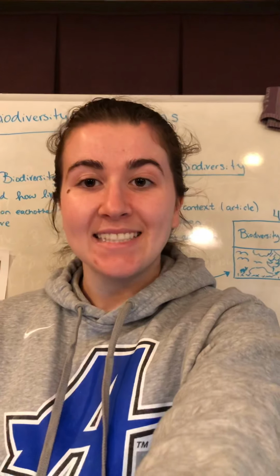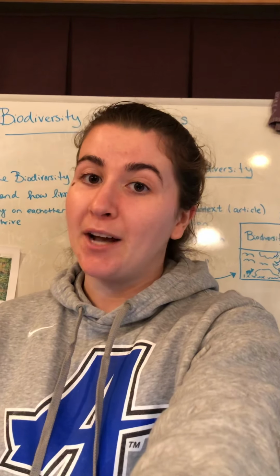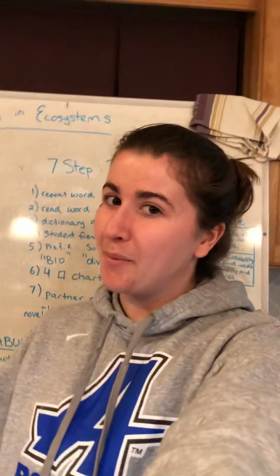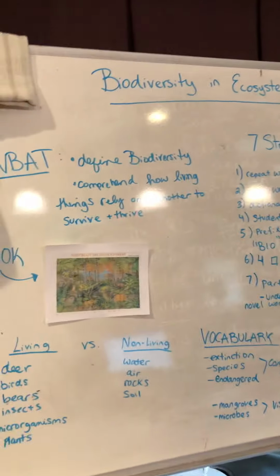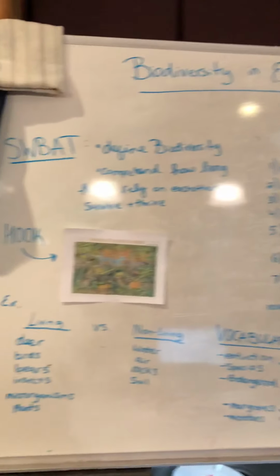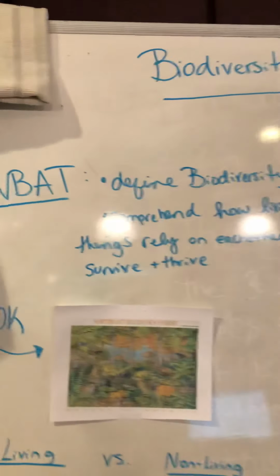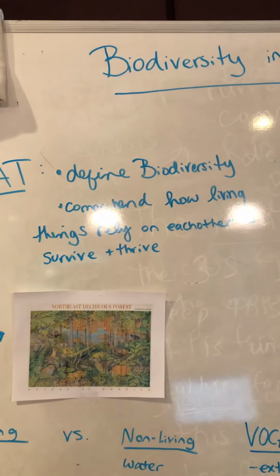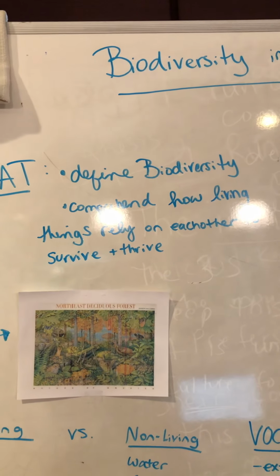Hello everyone, in this lesson I'm going to be teaching 7th graders about the biodiversity of ecosystems. You can't really see the board, so I'm just going to flip around so I can zoom in for you on certain aspects of the lesson. In this lesson, students will be able to define biodiversity and comprehend how living things rely on each other